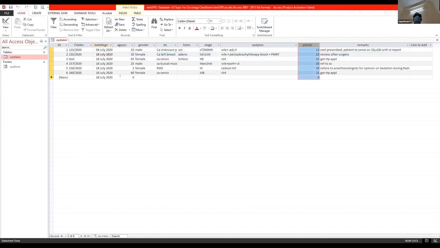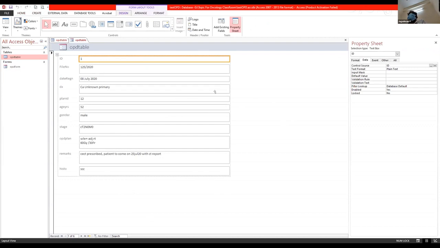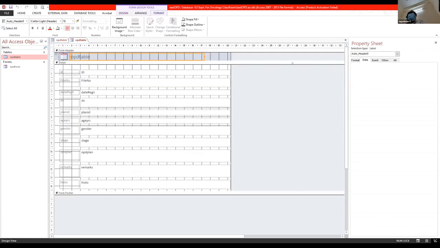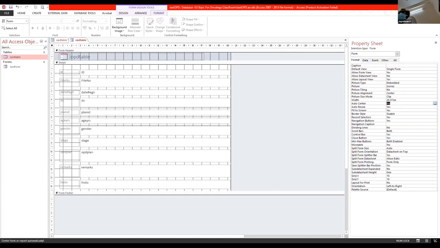And to create a beautiful form, as I showed you, you can always create it in a newer way. Let me show you the form creation again. Create a default form. So this is a format which we discussed earlier. If you want this form to come out of the window and show as a separate window, you can always go to the design tab over here. Go to the lower down, right, last button, design tab, and then select in these drop down boxes. Go and select form, go to the other box here and click add pop-up yes. And go to the format, go to auto center, click yes.